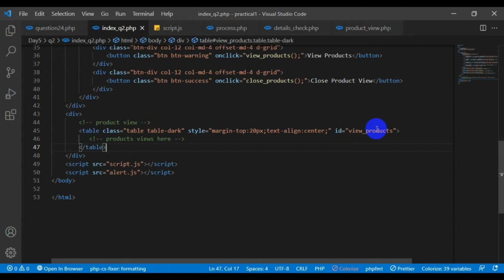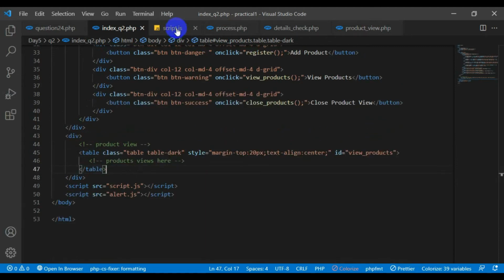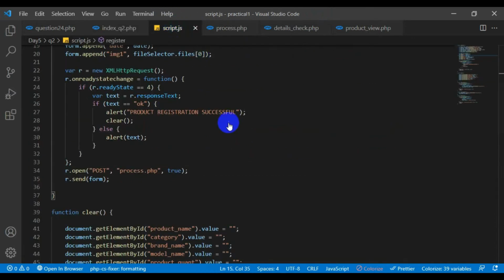So what I did was I got that text and inserted it inside this table using the feature called innerHTML. So if I give the text to the innerHTML feature, what it does is it displays all the details inside the table. Okay. So next I'll show you the script.js file.